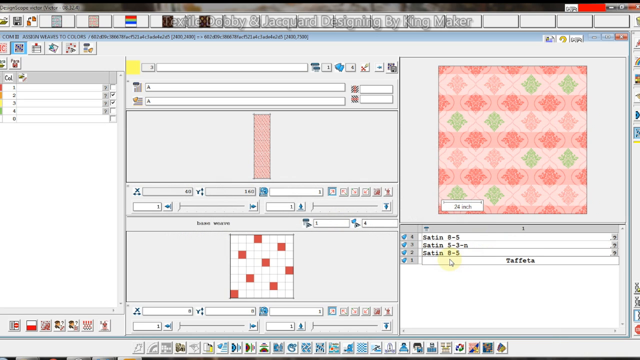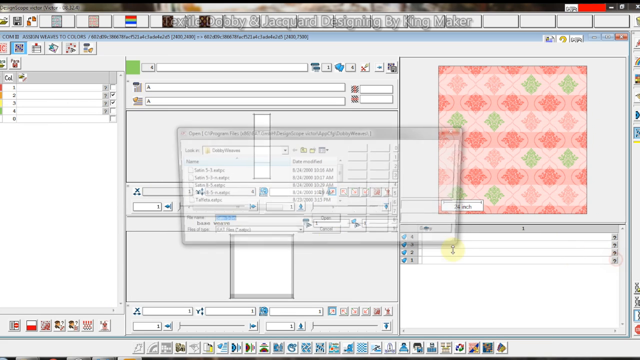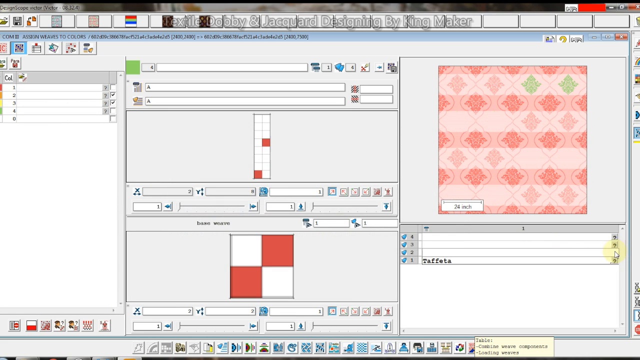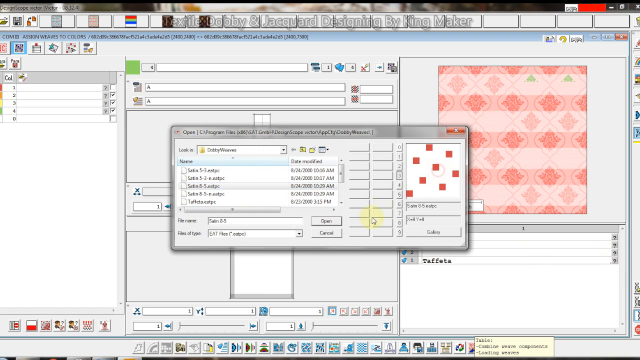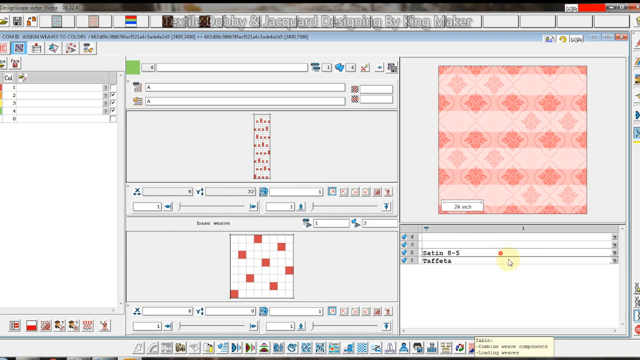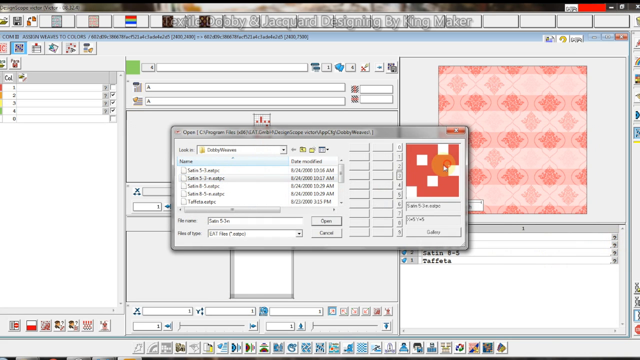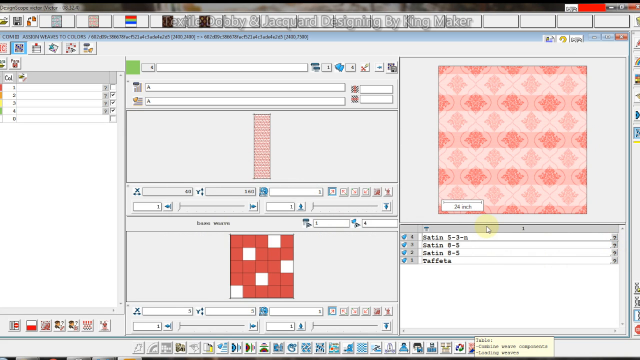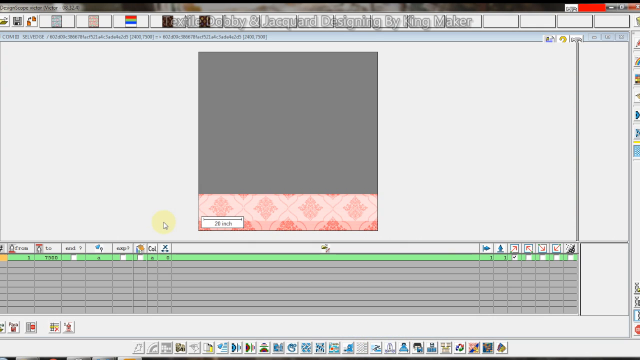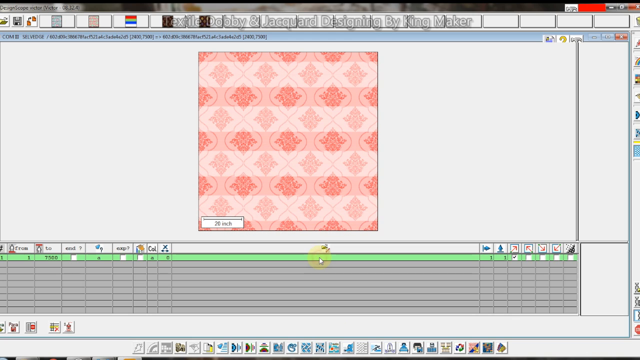Okay, that's fine. Just remaining the last color. So I will do the same for this last color. Okay, perfect. The weaves are perfectly inserted, the required picks and required colors. Here in this option